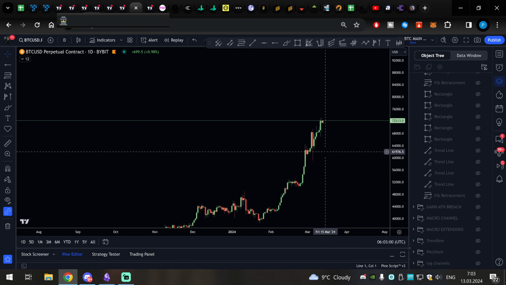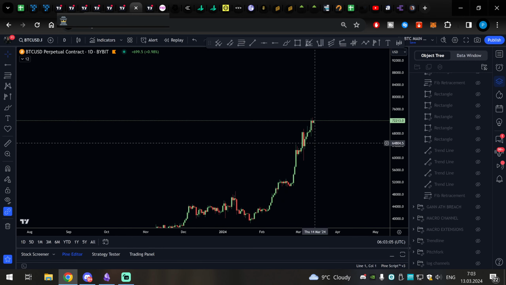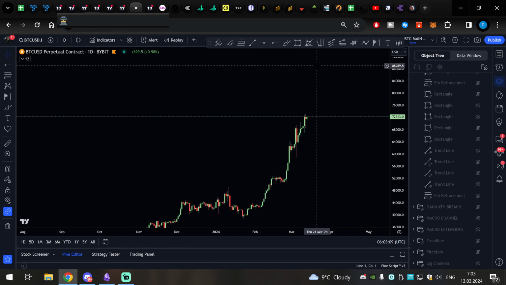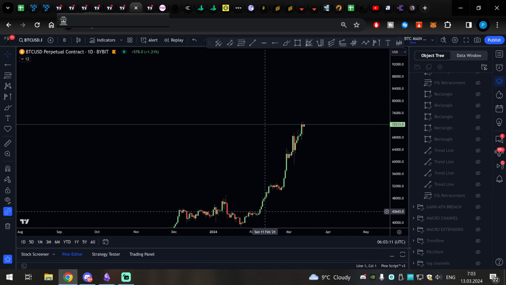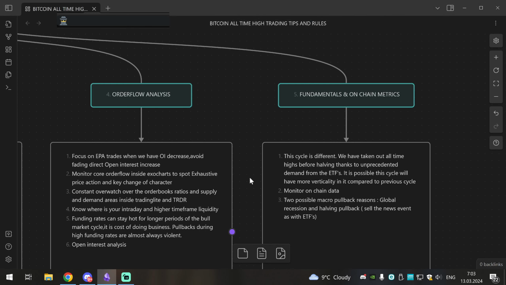There cannot be more Bitcoins. So you can easily reach very big targets this cycle, but the chance for a violent pullback will also be growing if you continue such verticality. So this cycle actually can be shorter, but we will see it shorter and more violent. I will monitor on-chain data. I will be doing a video just on which on-chain metrics I watch, because they will be the main decision. I will be taking a lot of decisions out of them, when to take profit on Bitcoin and the swing trades.